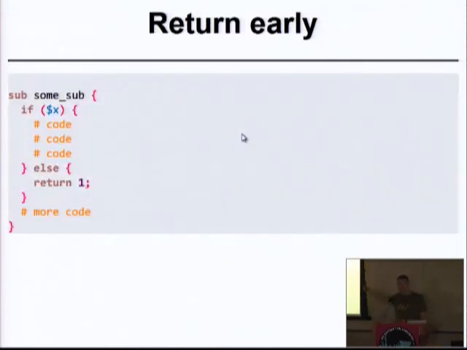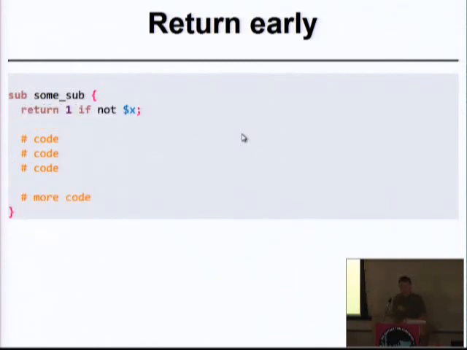Then there's another example, the return early thing. You have this piece of code, which could obviously be more complex, but the easy way to refactor is that there is this else return part, so I can turn around the whole code and instead return immediately, just checking the if on $x. Then the whole thing moves to the left, one indentation is removed, and the code gets a little bit shorter and much cleaner, at least in my eyes.